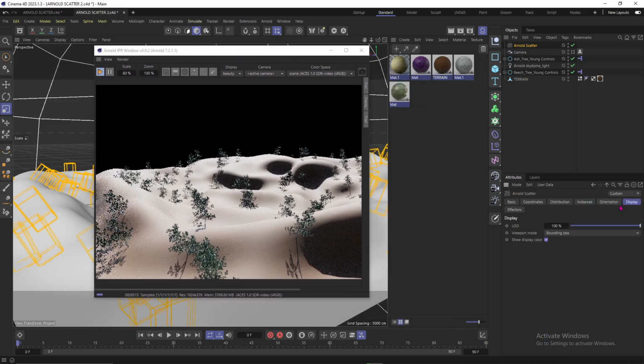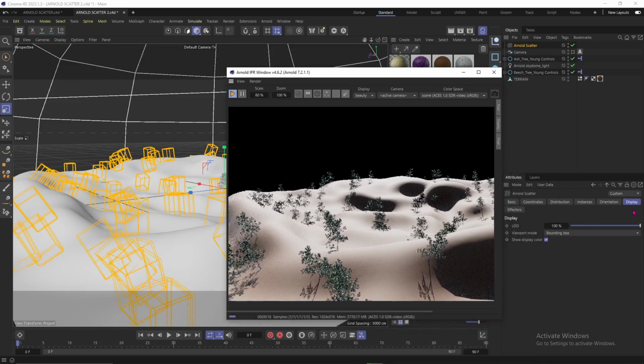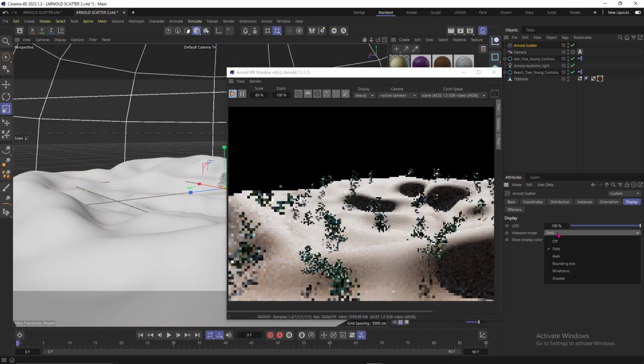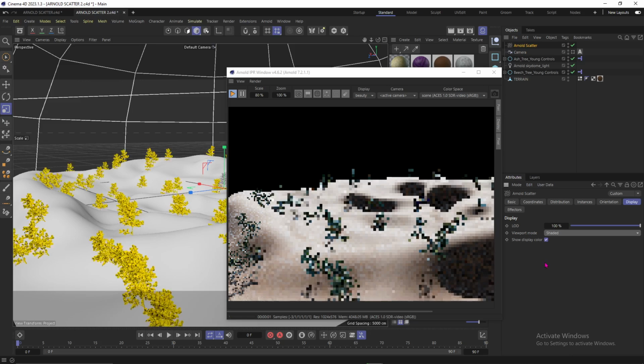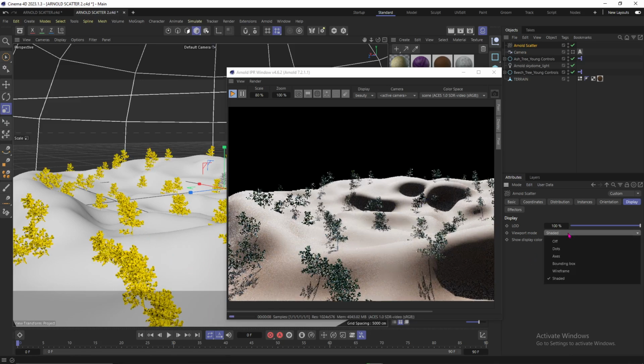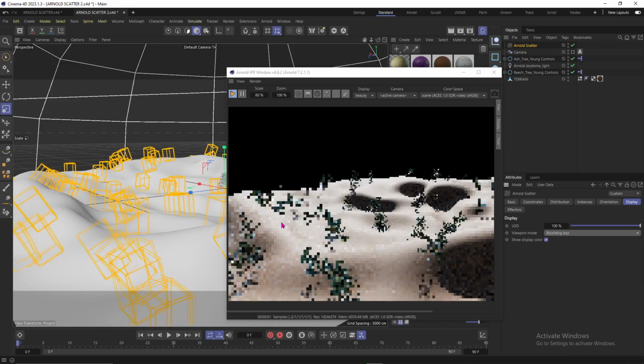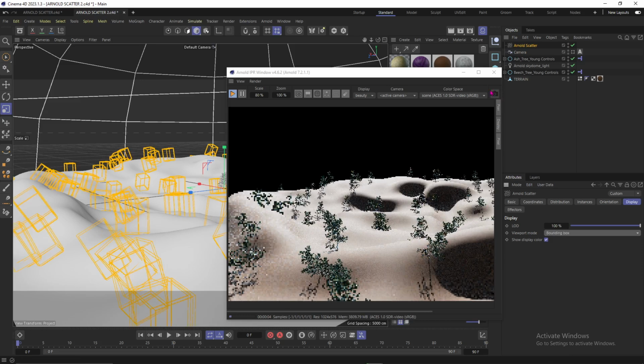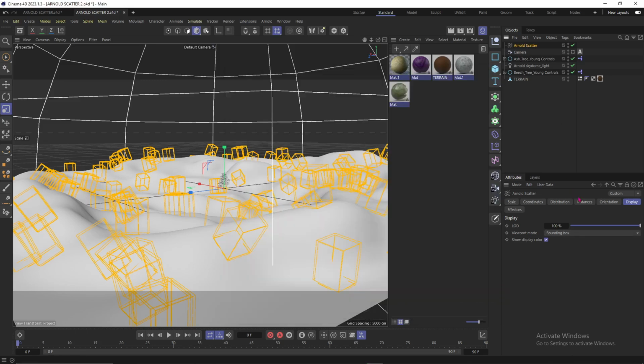You can choose the viewport display from here. You can choose a bounding box, you can choose dots, you can choose a shaded viewport, as you can see here, but you need to have a lot of VRAM to display the shaded bits. That is why I choose the bounding box. So I only have one instance of the Arnold scatter in here. I can come back to the Arnold scatter, choose the instances or distribution, and increase my